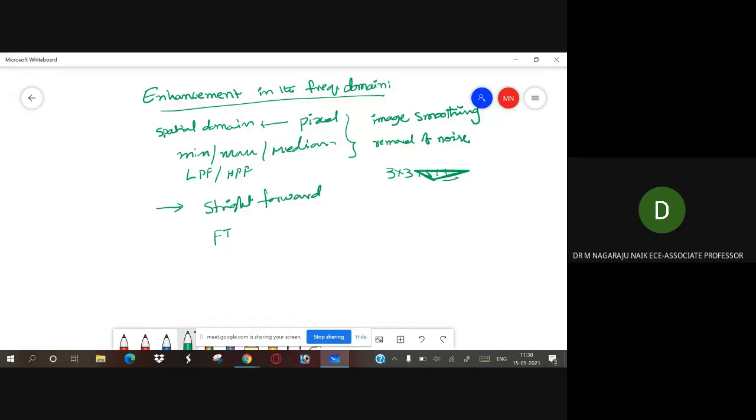So we have to apply a Fourier transformation to the original image, then apply a filter transfer function, then apply the inverse transformation. After applying the inverse transformation, you will get the enhanced image.